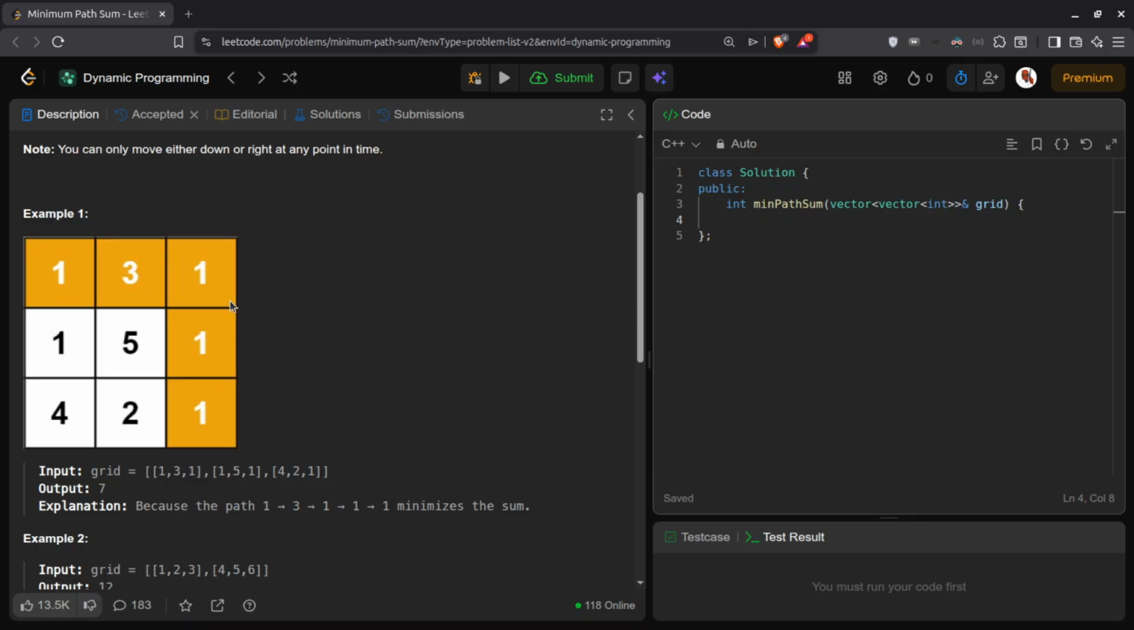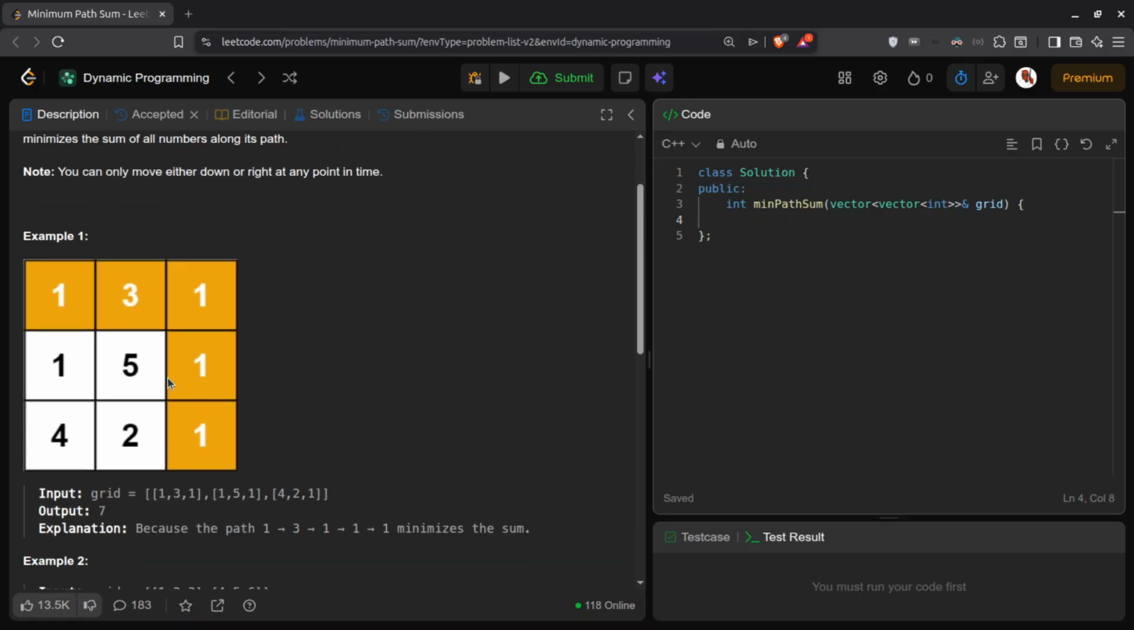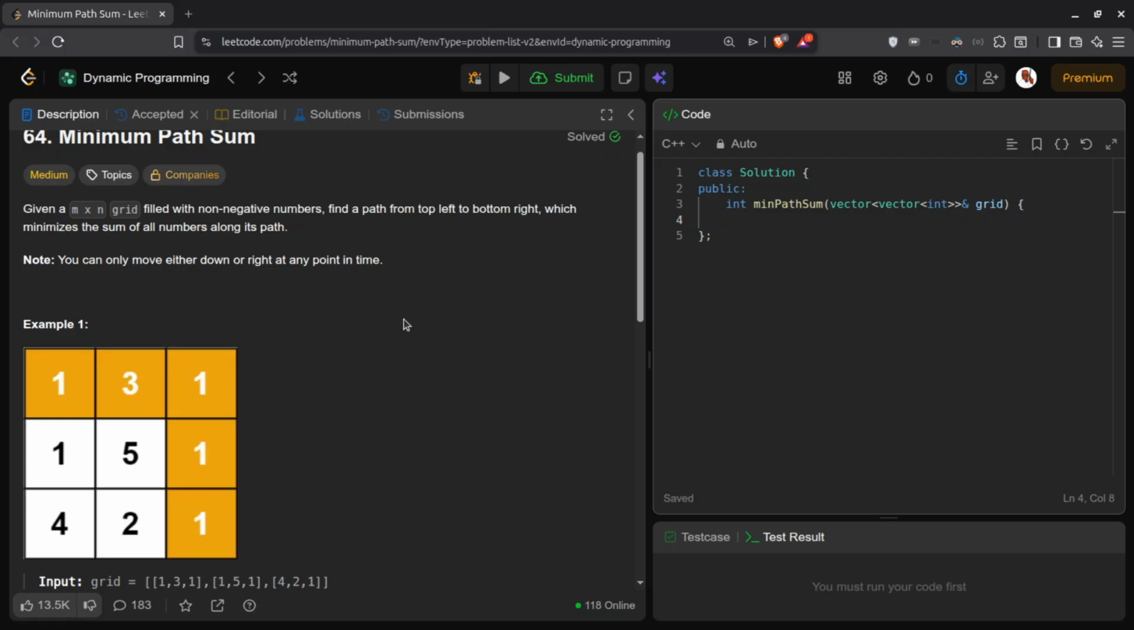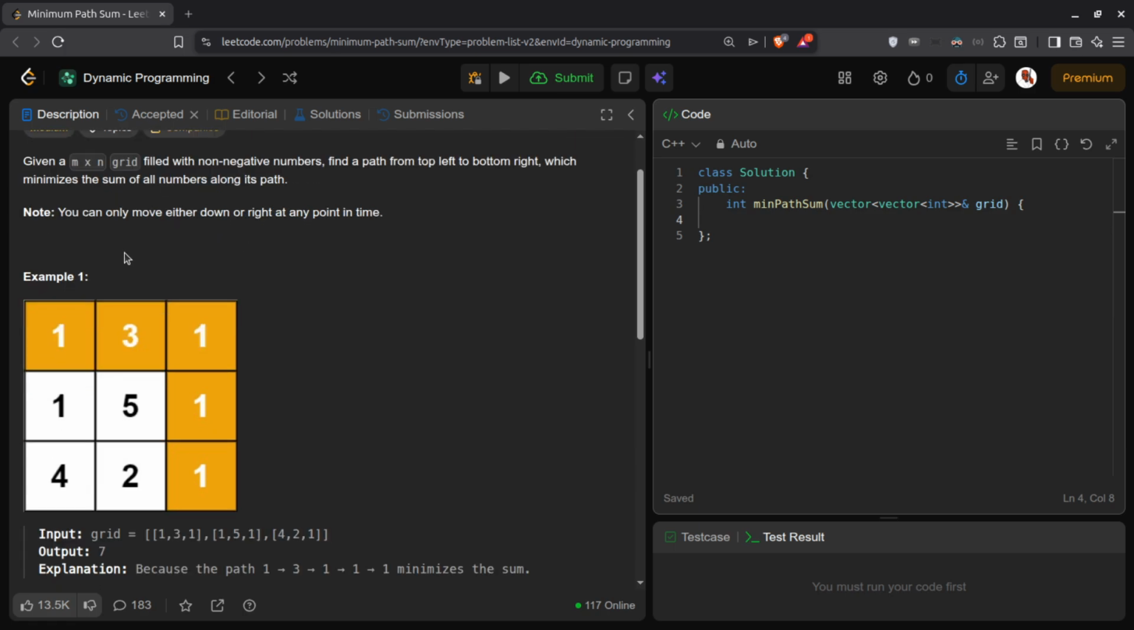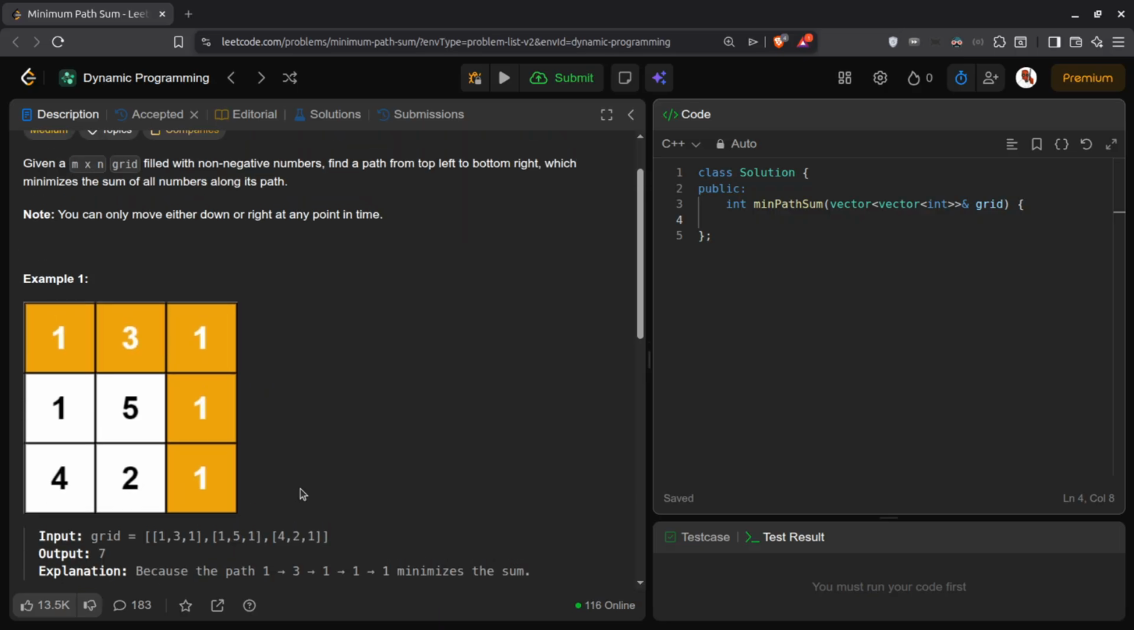Okay, so what it's saying is we have to find the path from top left to bottom right, like this, which minimizes the sum of all numbers along its path. You can only move either down or right at any point in time. Okay, we can move either down or right. These two movements we have to use to find